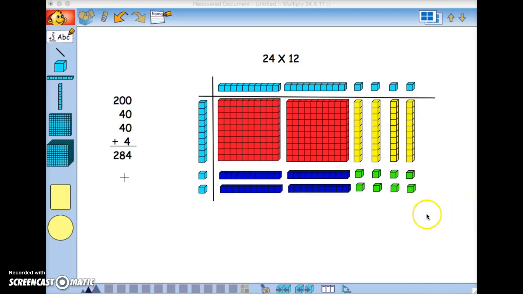Today we're going to continue using base 10 blocks and multiplication, but we want to move from the concrete representation of multiplication to a more graphic representation, one that you could draw very easily. To do that, we're going to make drawings to represent these shapes. Very easy. We're going to draw a square